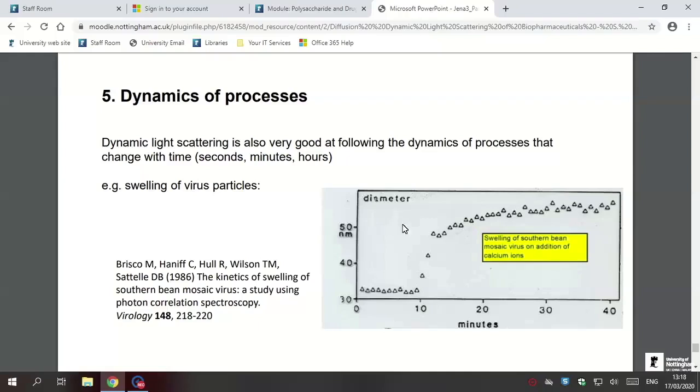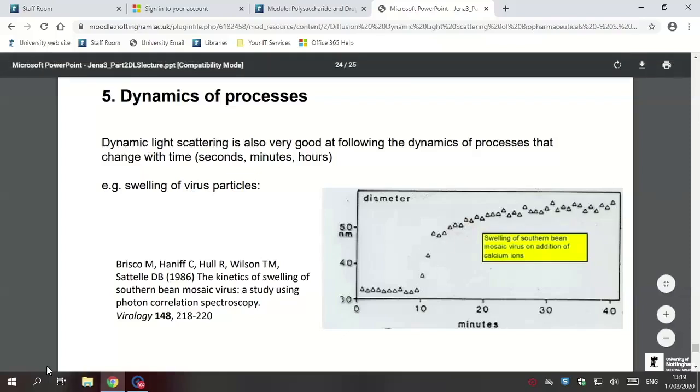You can see what happens. This is the measurement of the diameter again, and this is the point at time zero where we add calcium ions, and you can see that after a period of incubation, after 10 minutes, the particles start to swell and uptake water, and then